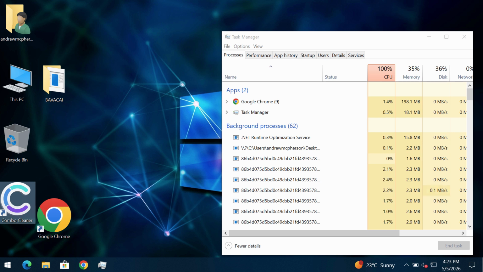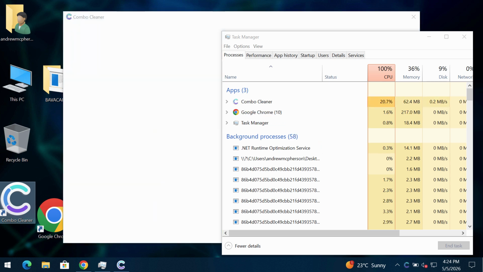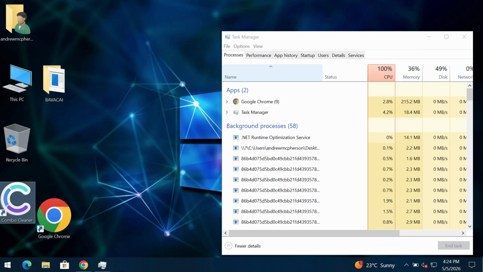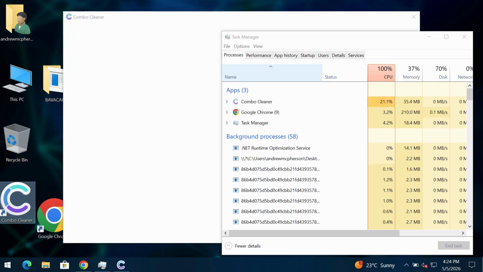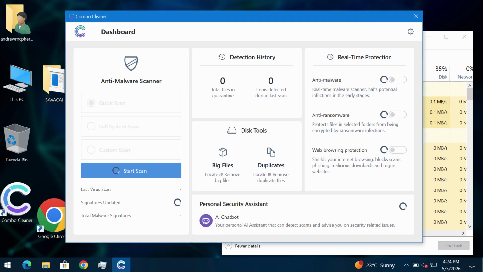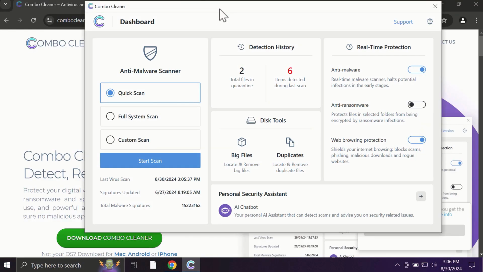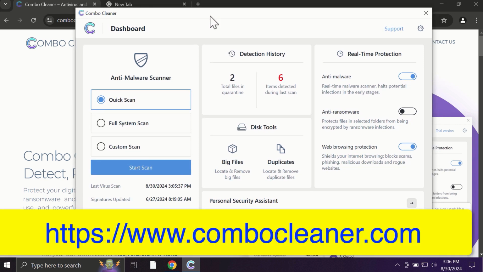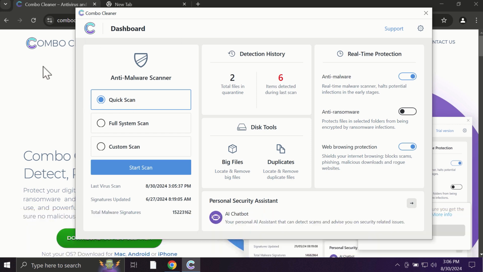Combo Cleaner will help you to detect this BAVACAI ransomware, to get rid of it effectively, to remove it, and to protect your data, all your files, from being damaged in the future. So use Combo Cleaner to clean your system from this horrible BAVACAI ransomware. After you start Combo Cleaner, the application will most likely first of all update its anti-malware database, which